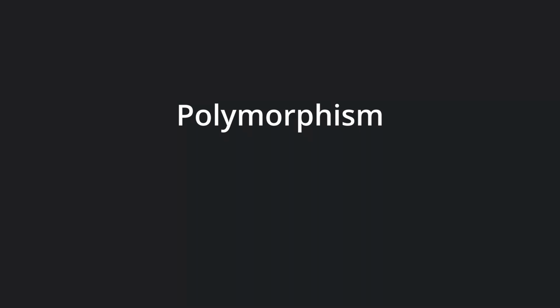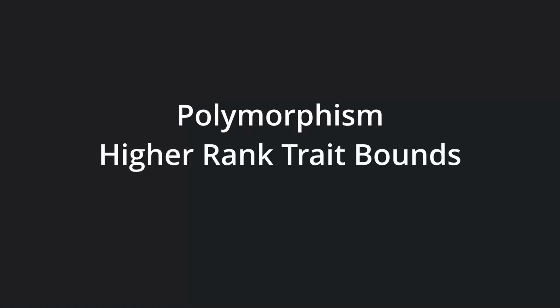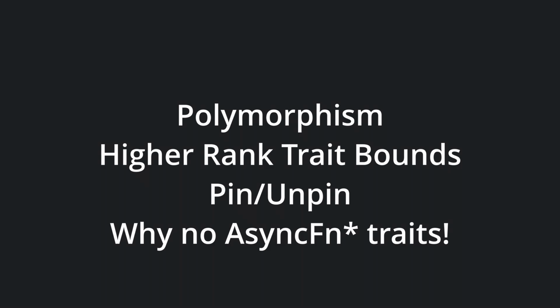In this video, we will cover polymorphism and how we can use it to manage asynchronous closures in Rust. Higher-rank trait-bound concepts will be explored, and we'll touch on Pin and Unpin and why futures must be pinned. And if you wait all the way to the end, I'll tell you why the new async fn traits aren't